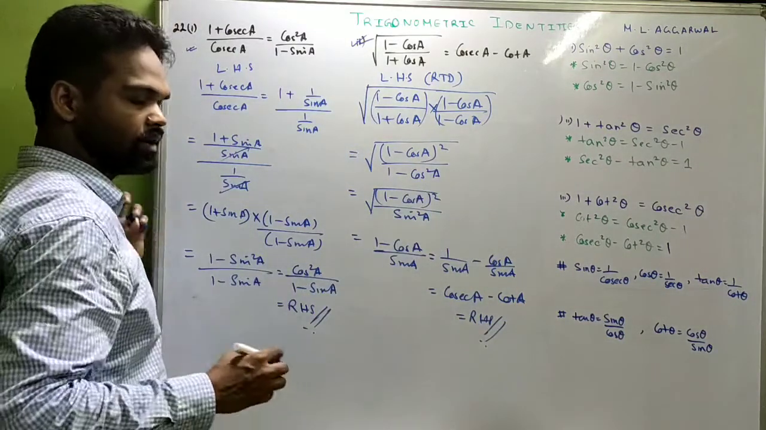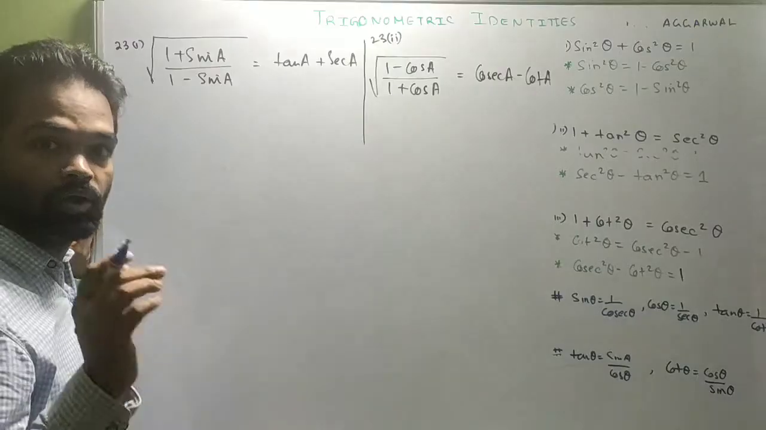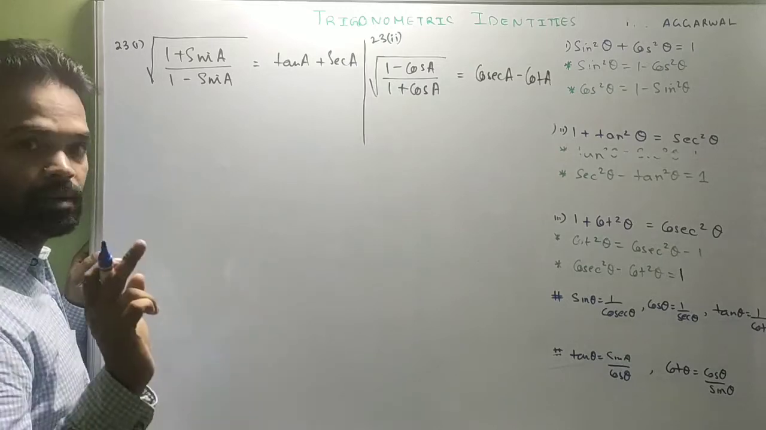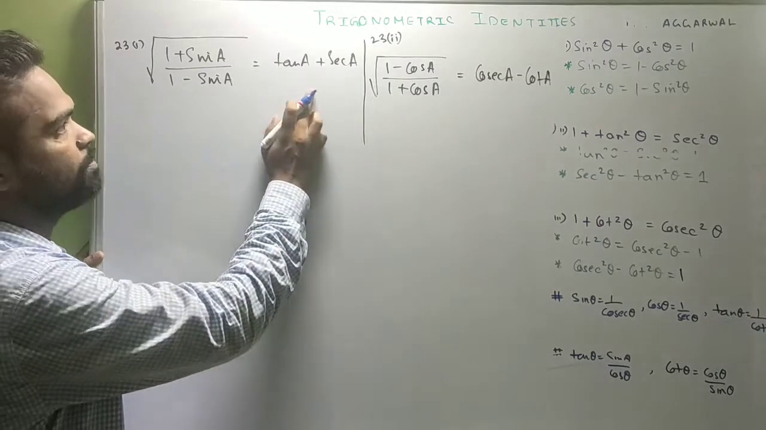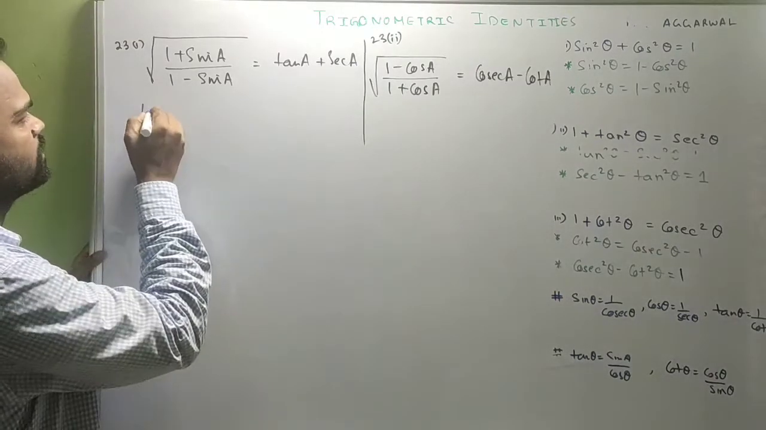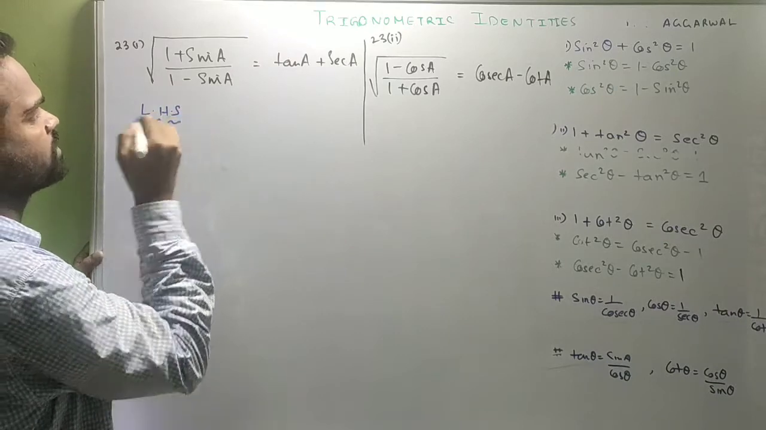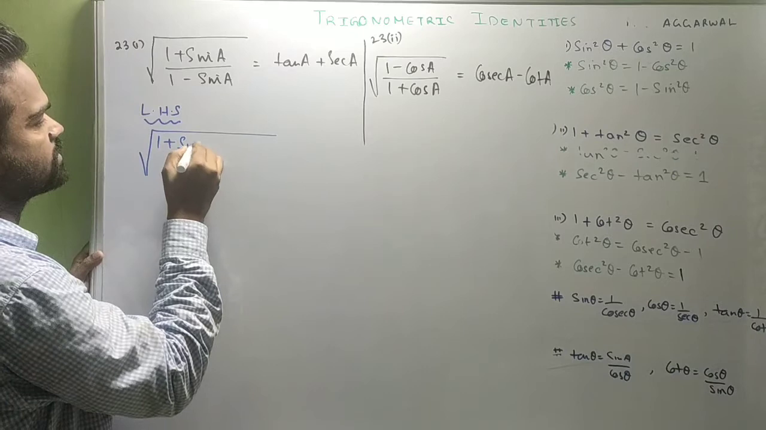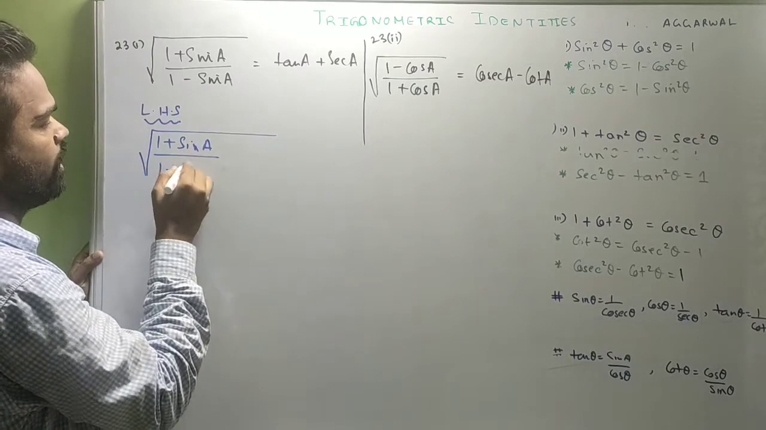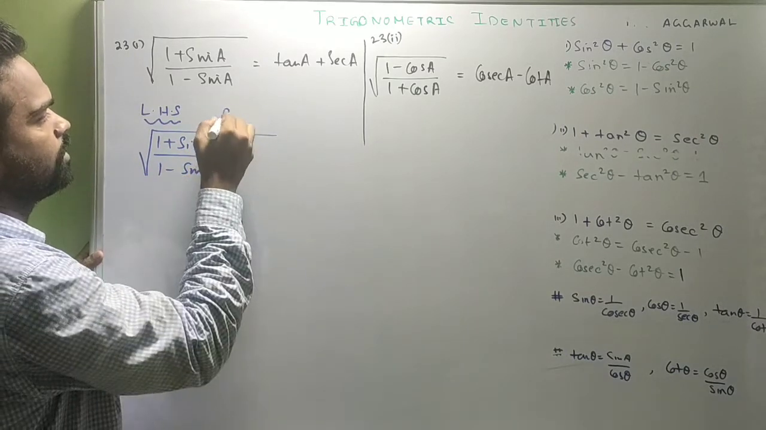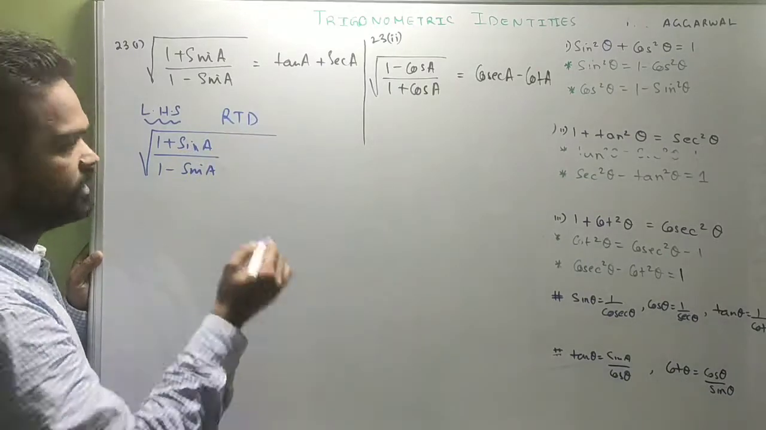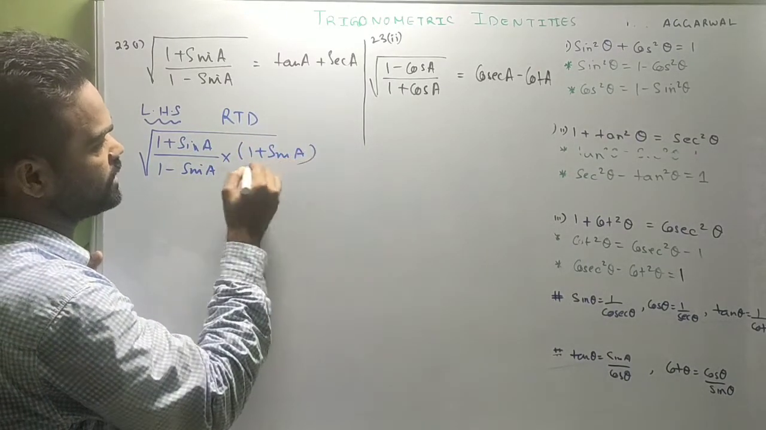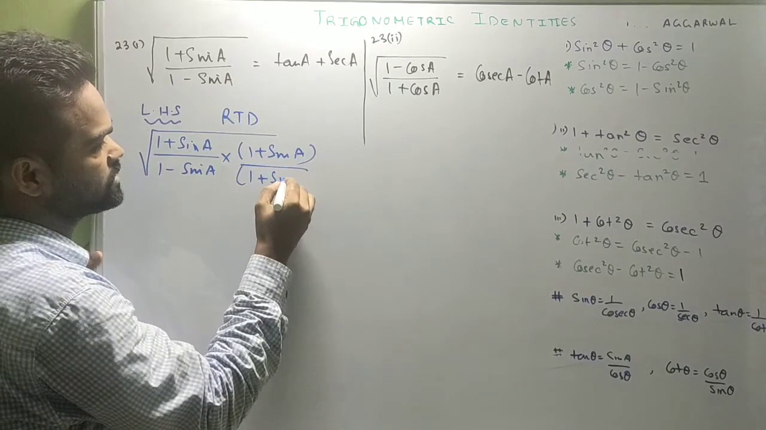Done. Now let us look at the next sum. Now look at 23 part 1. Root of (1 plus sin A) by (1 minus sin A) equals tan A plus sec A. Very easy. We know what to do. Rationalize the denominator. See, you have (1 plus sin A) by (1 minus sin A). What I'll do, rationalize the denominator, which means I'll multiply by 1 plus sin A and 1 plus sin A,